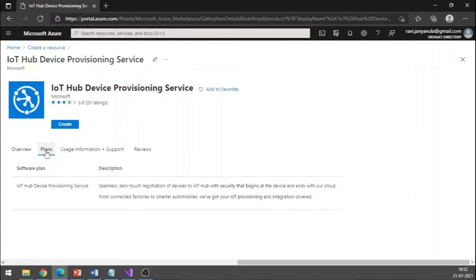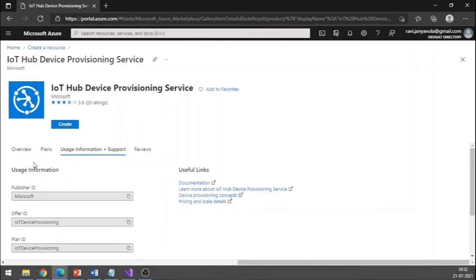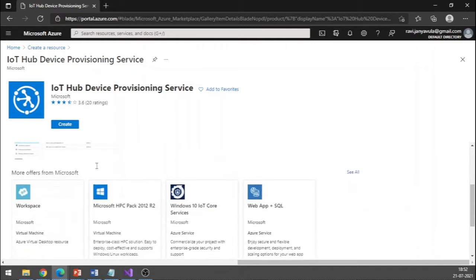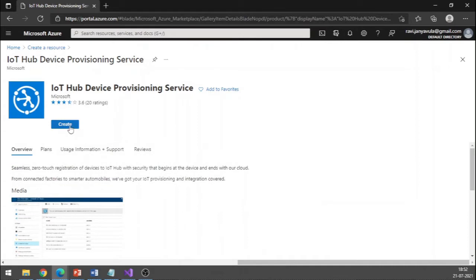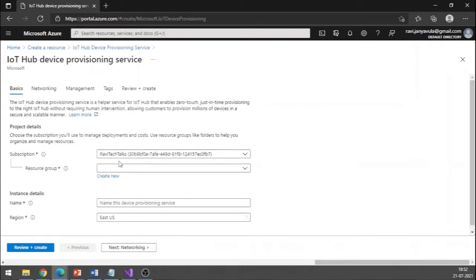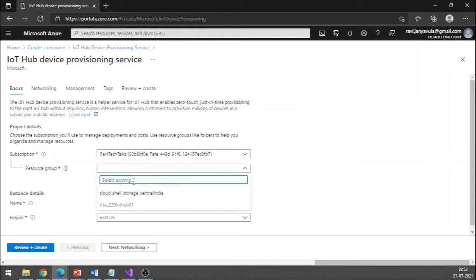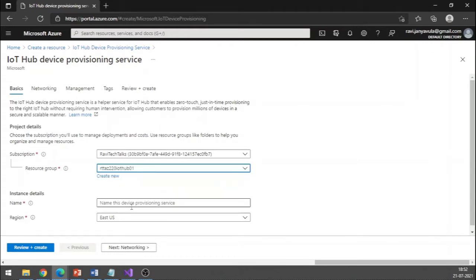You can see the plan, and you can see the user information, support, and all those things. Here you will have an overview section. You just need to click create. You need to select your subscription and resource group. I'll give it an existing resource group that we had previously, and in the name I will give